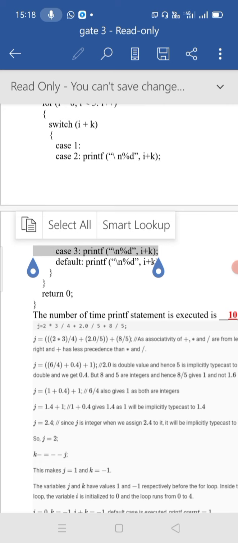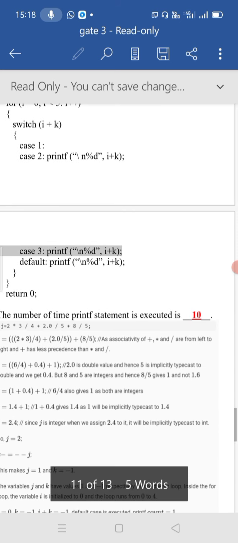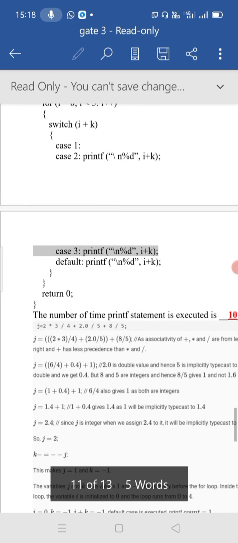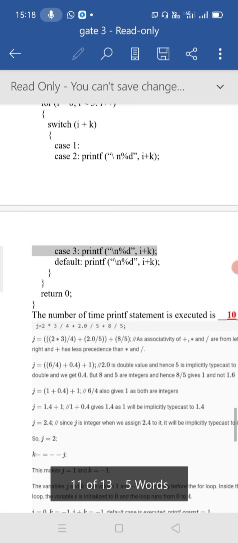This is what they have written. Associativity of plus, star and slash is from left to right, and star and slash have higher precedence than plus.